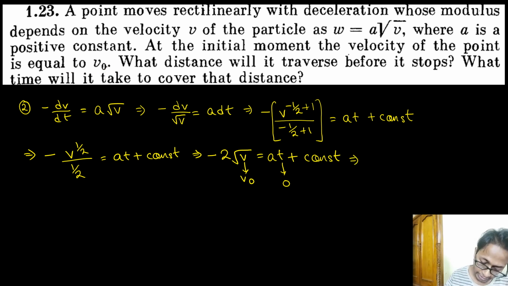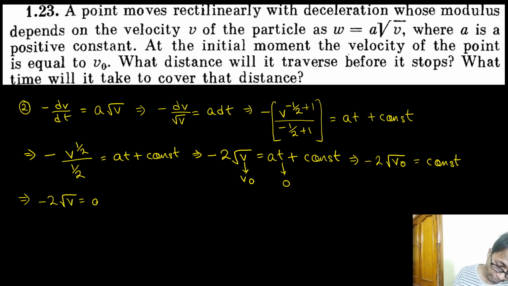So out here if we solve this one, minus 2 under root v naught is equal to a constant. Now when you apply the value of the constant in this entire equation, we get our equation to be minus 2 root v is equal to at plus or minus 2 root v naught. Now the question is saying what time it will take to cover the distance before it